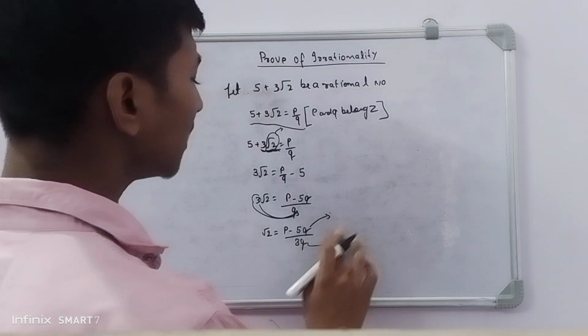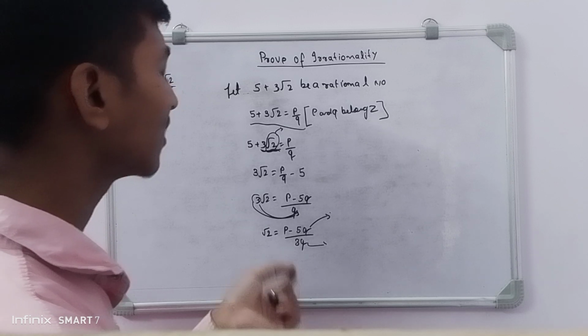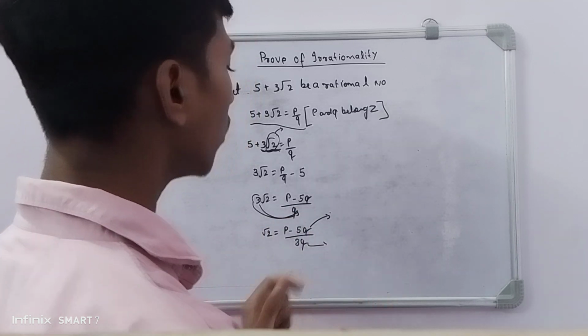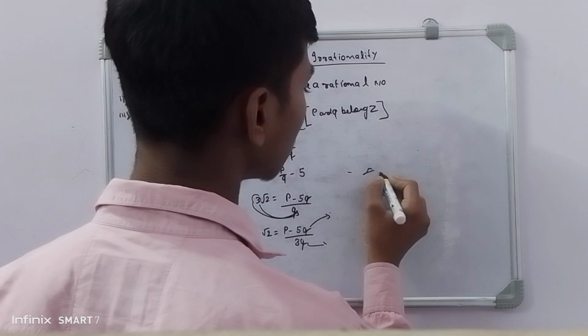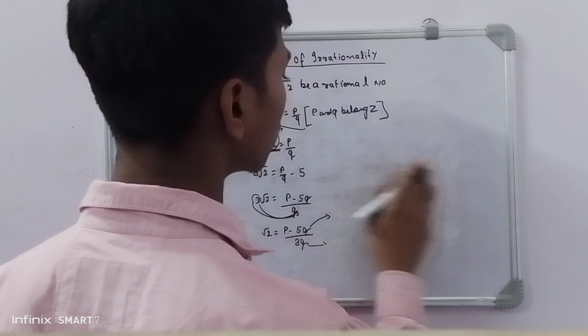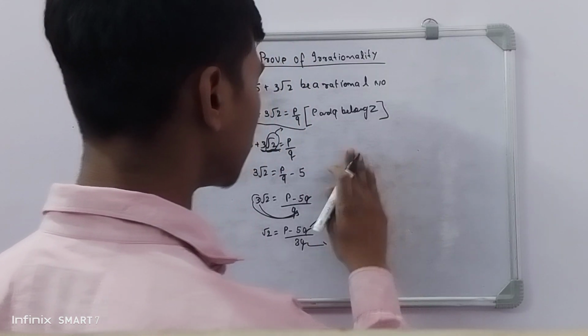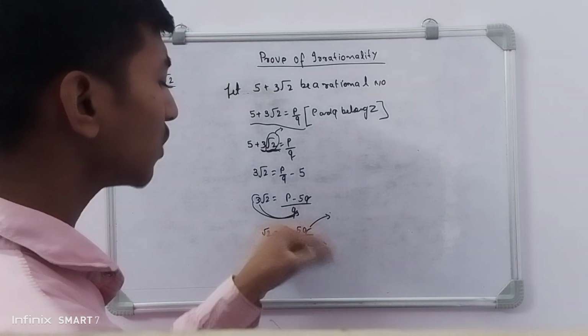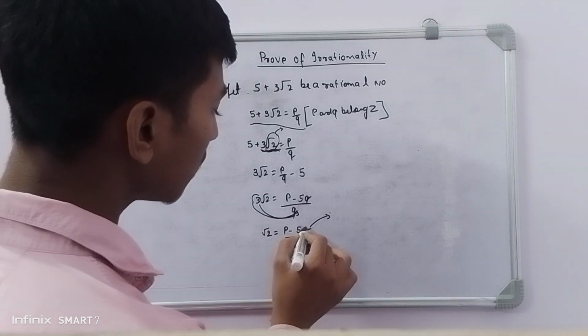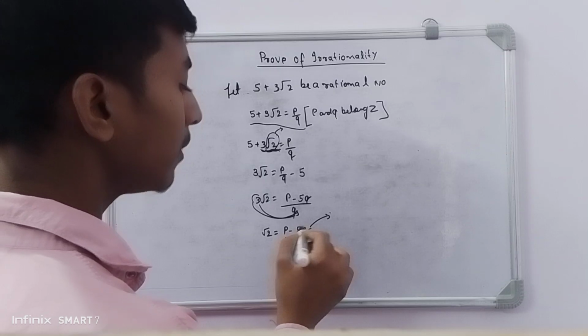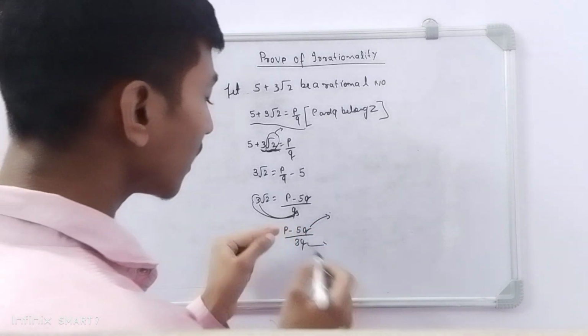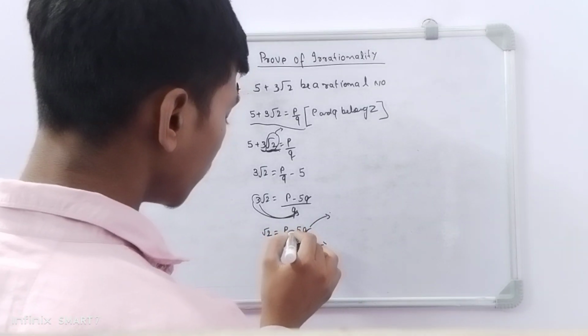Let's suppose this one is any integer, like 1, 2, 3, all the numbers belonging to minus infinity to infinity, like 1, 2, 3, minus 1, 4, 5, all are integers. So let's suppose this one is any integer. When you multiply any integer by 5, it is also a rational number, and when you divide,